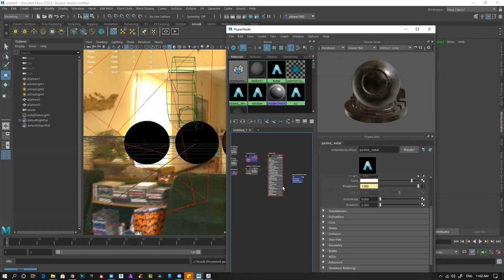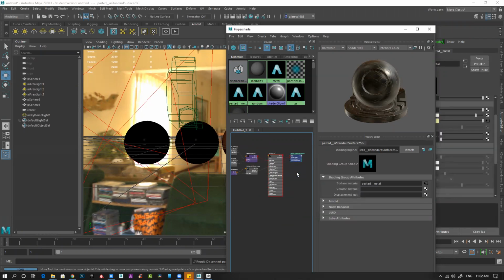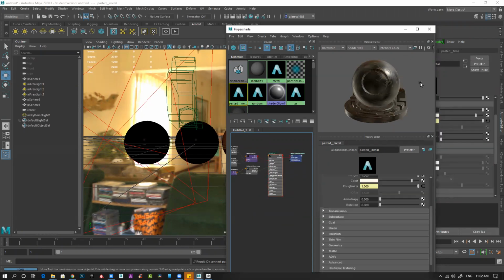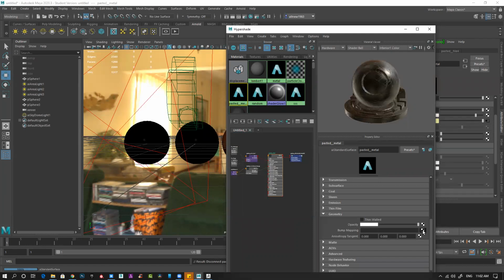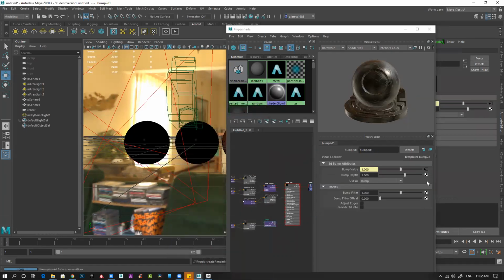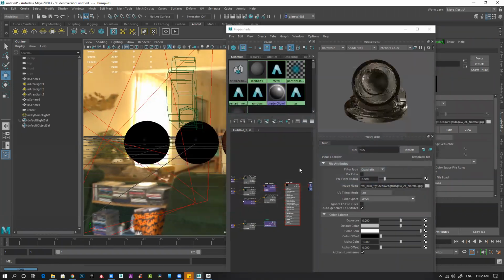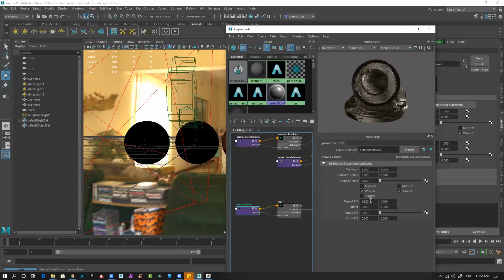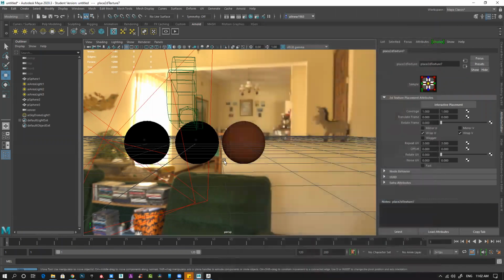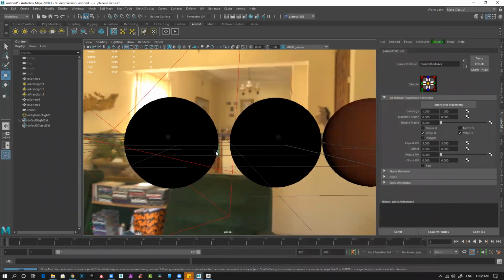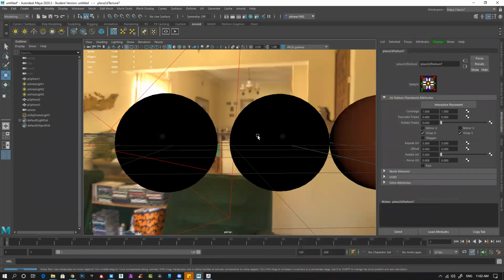Now this time I'll delete the displacement only. And instead of displacement, I'll apply a normal map this time. Geometry, bump map, file, bump, and make sure to change the bump to tangent space and select the normal map. And one more thing I have to do is tile it to 3-3. Everything is tiled now. So now I have the exact same material: this one with displacement, this one without displacement.